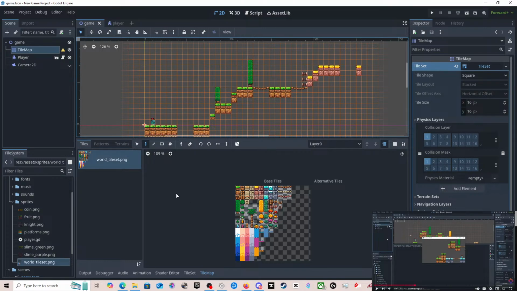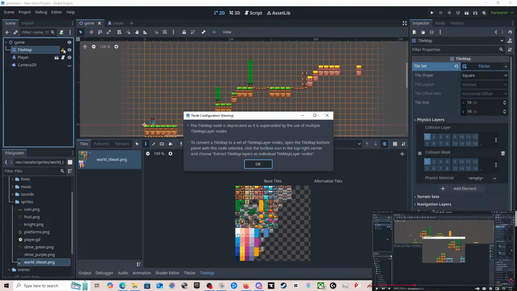So have I got to select all my tiles and then... individual tile map nodes. So that's saying each block I've got to extract as a different block.